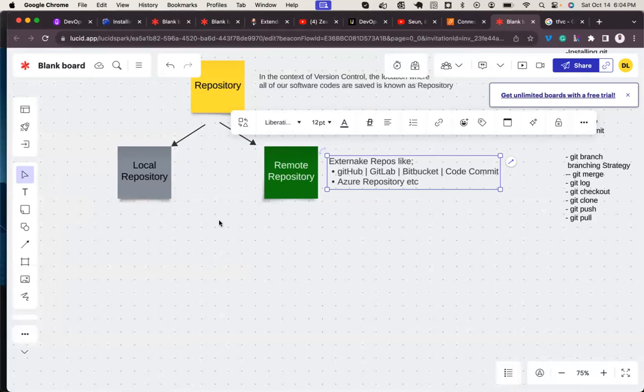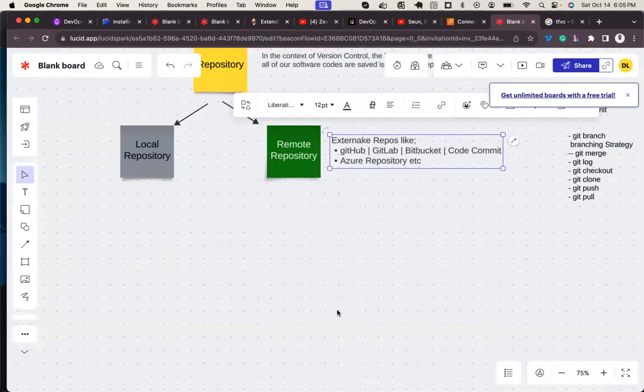So we're going to see the serving of these two repositories, right? For today, we are going to play back and forth with the local repository. Then if time permits, we are going to go into an introduction to remote repository. So we'll see how remote repositories are being done. All right, so let's get started, guys.